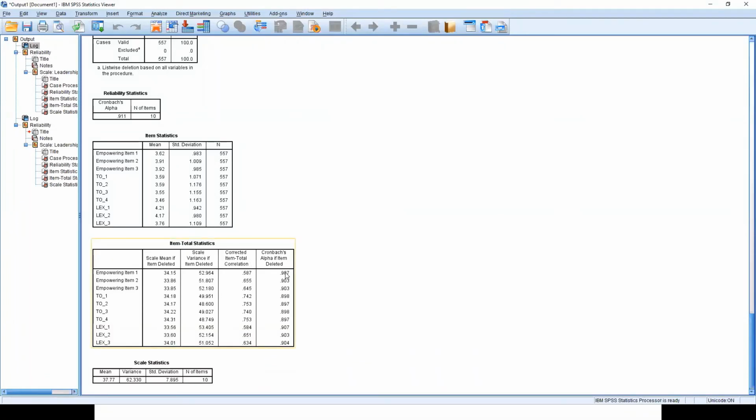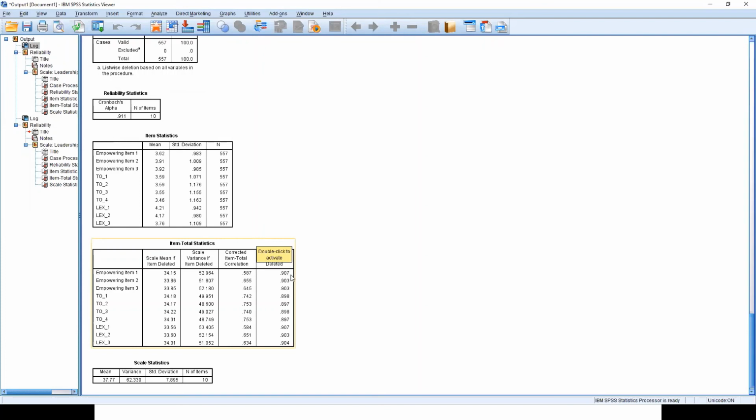The last column says, if from this set of 10 items, I were to drop item 1, what will be the reliability? Now you see, we are getting a reliability of 0.911. It says that if item 1 is dropped, then it will go down to 0.907. So what does it tell us?